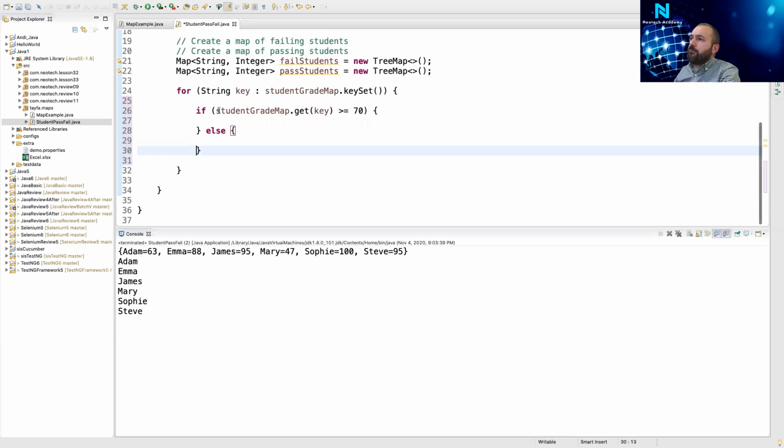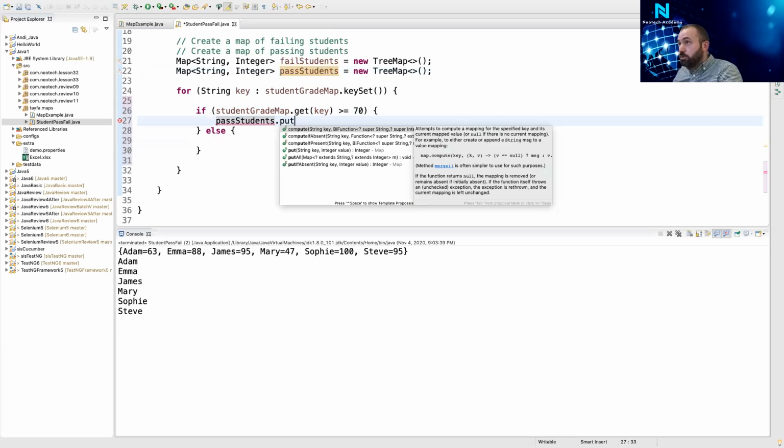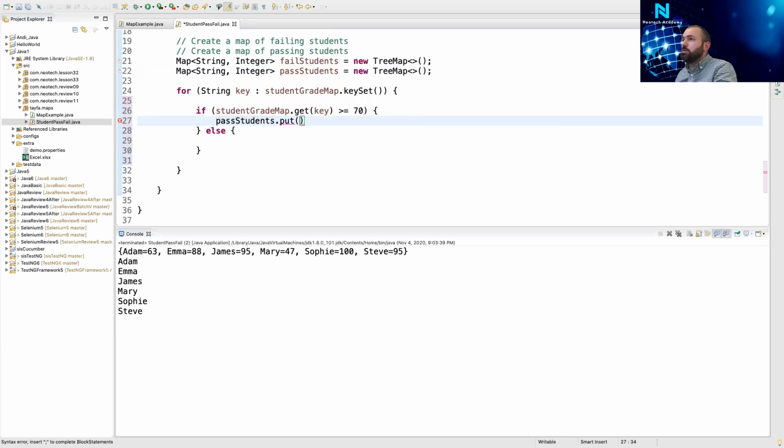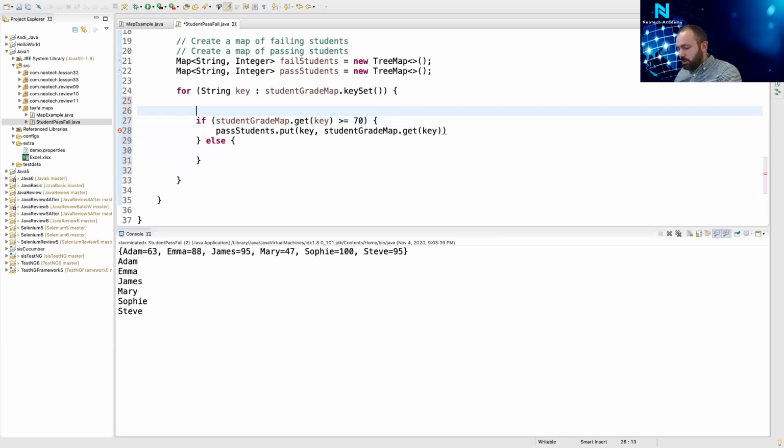So from the map, by using the key, I'll get the value. If it is greater than 70, then I will put this one into the passing students. So into the passing students, I have to put the key and the value. So the key is this one, and the value is, again, I have to get this one, right? Since I'm getting it 2 times from the map, I better use this one as a variable. I have to say here, integer